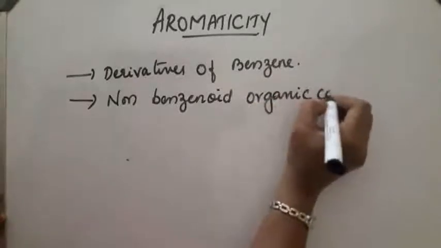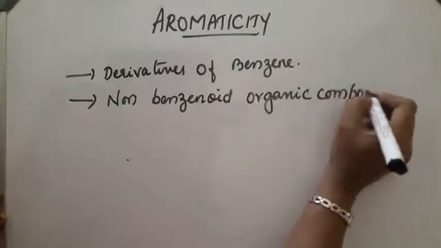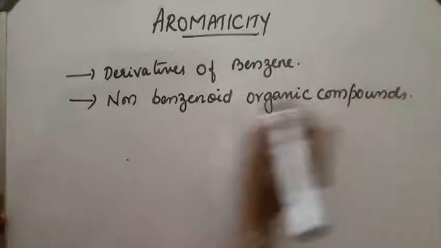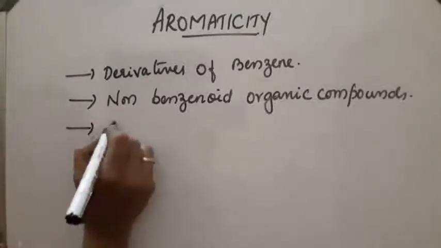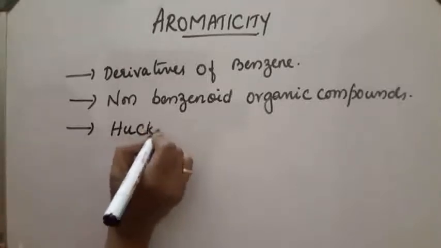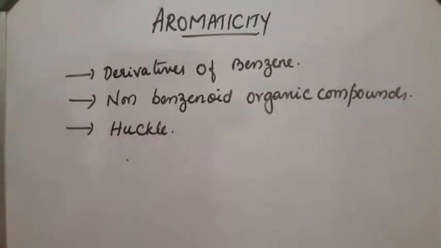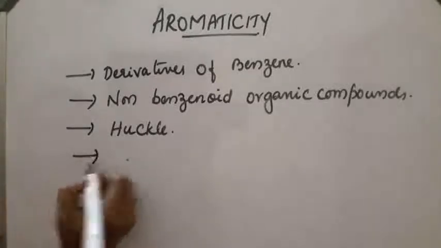They are aromatic. An example is some heterocyclic compounds, where the ring contains atoms other than carbon. Such compounds are also aromatic. According to the modern theory for aromaticity, which was advanced by Huckel, according to Huckel's theory, a cyclic compound